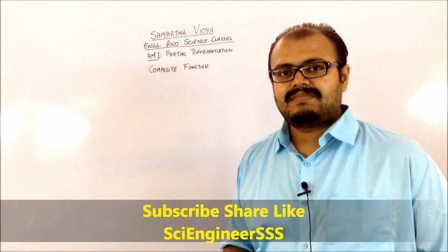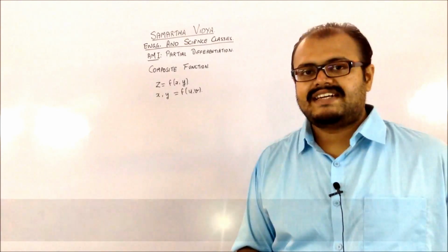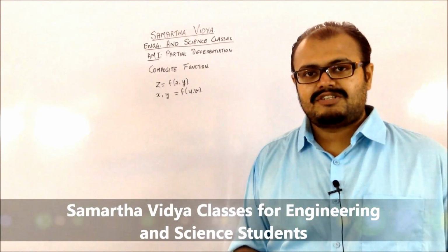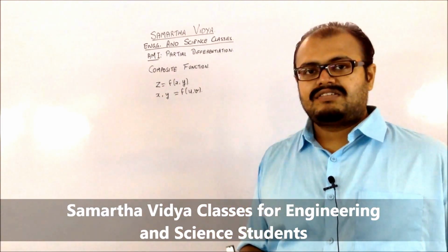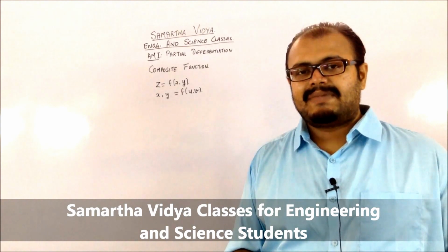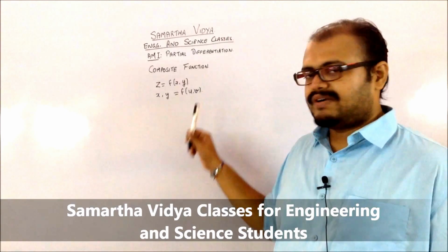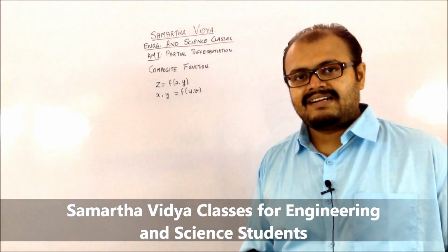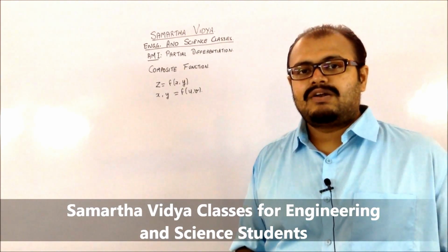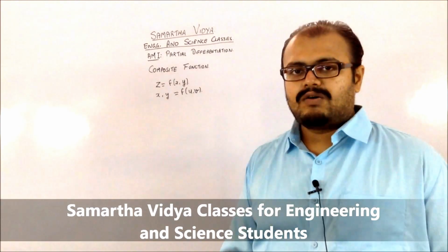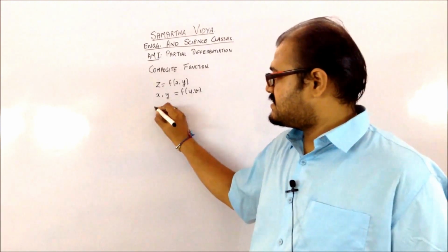Since we are dealing with partial differentiation, our variables will be functions of different variables. So let us consider a variable z, which is going to be a function of x and y, which is basically my z depends on the values of x and y. But x and y are dependent on another two variables, which are u and v. Now my u and v are going to be considered as independent variables, that is, they are not dependent on either of them.